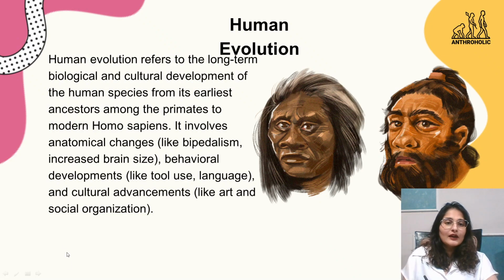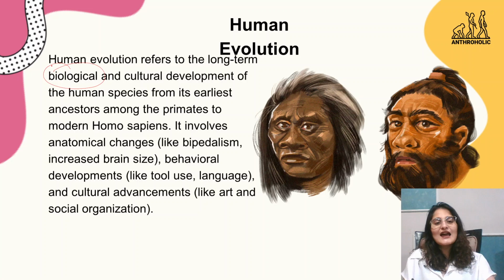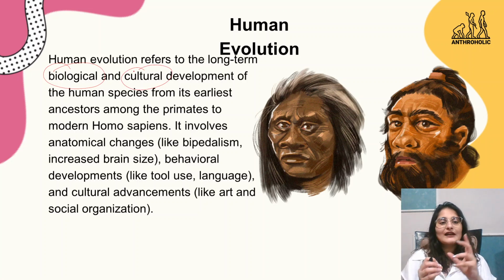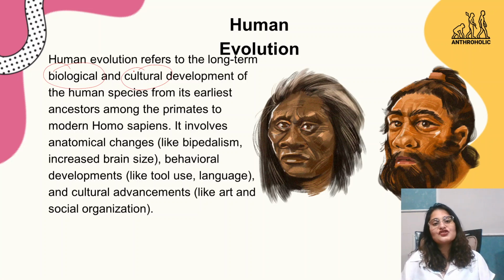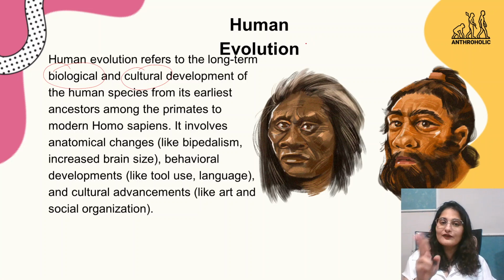Now human evolution refers to the long-term biological and cultural development of the human species. The biological changes, the genetic changes, and the cultural development, the social changes. As we say, humans are social animals. So the social changes, the cultural development, and the biological, genetic changes of the human species, from earliest ancestors among primates to modern Homo sapiens, that is human evolution. तो दोनों तरीके से आपका जो physical development है और जो cultural development है, दोनों involve होते हैं